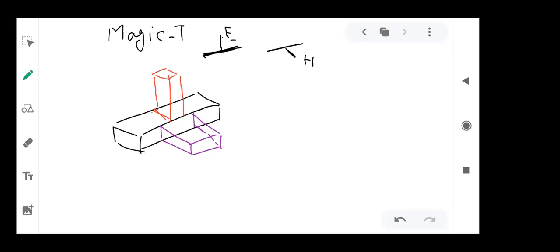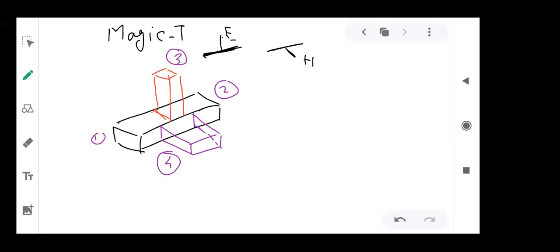Now the property of this is that I will name the ports so that you can remember the property. 1, 2, 3. There is no fixed sequence. Randomly you can number them. So 1, 2, 3, 4 ports. Here the third port is the third arm, you can say it is an auxiliary arm, and the fourth one also is an auxiliary arm. But the third one is called the E arm, and the other name for the E arm is the difference arm. And the arm number 4 is called the sum arm. Okay. Or H arm.